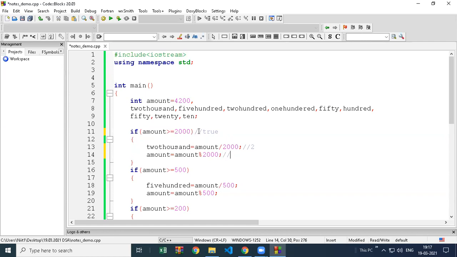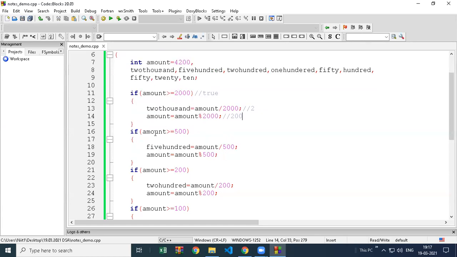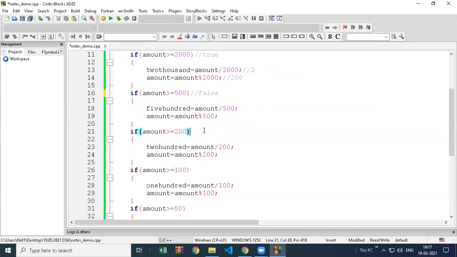2. And what is the remaining amount? 200. So is 200 more than 500? No, false. So is 200 greater than or equal to 200? Yes, true. So now we will divide it and we'll get one note of 200, and the remaining amount is 0 now,